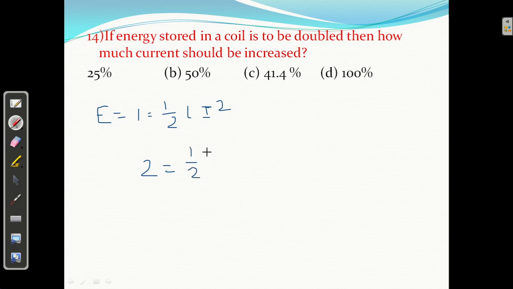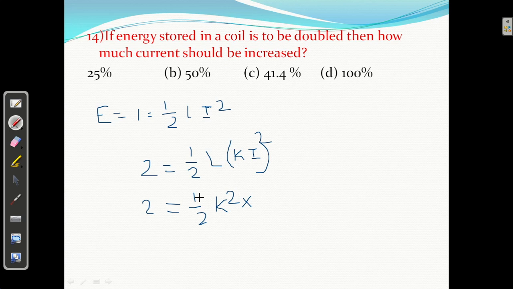How much current? Inductance is the same, L. I equal to, what do you have to do? You have to increase it. So I want to increase it K times. So maybe K, whatever, I don't know, but it is 1 by 2 L K I square. I want to increase the current. So this 1 by 2 L I square, how much is it? 1, right? Equal to what? 2 equal to 1 by 2 K square